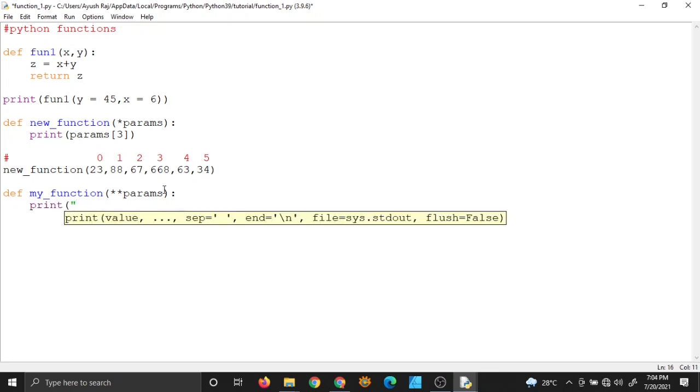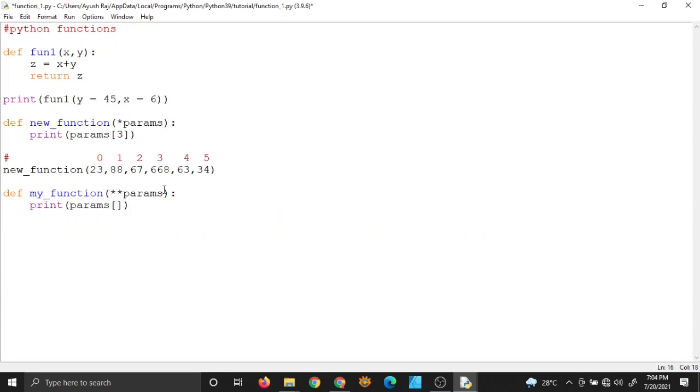Now I will print params, and I will call this value first value. The difference between this and this, I will tell you when I run the function. So let me now call my function, and I will type first value is equal to 50, and I will run this function.